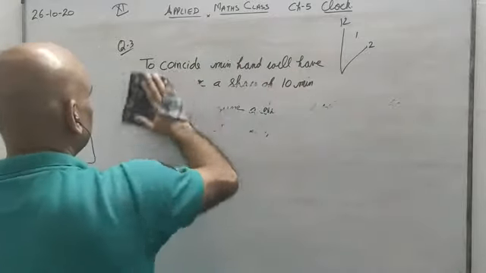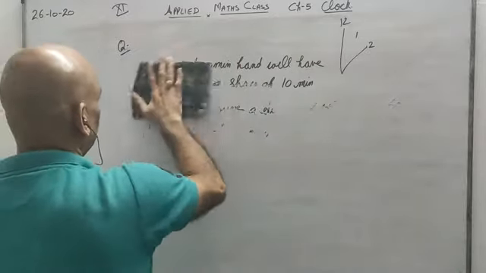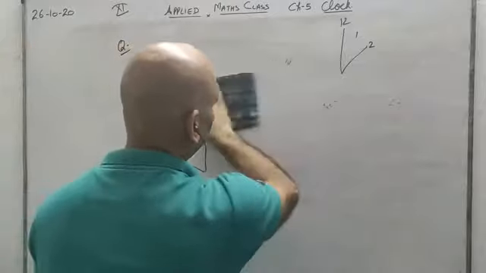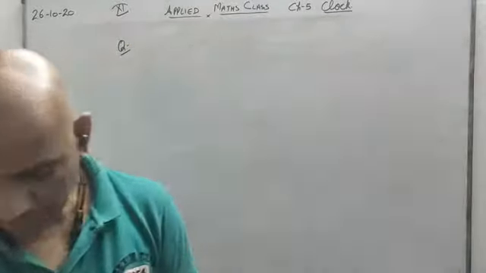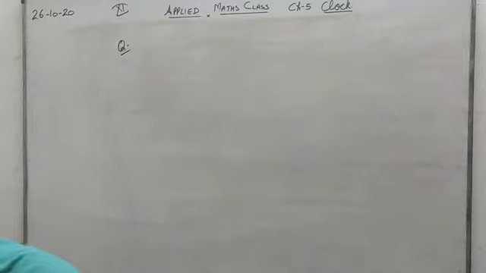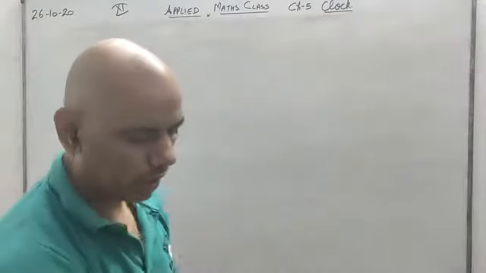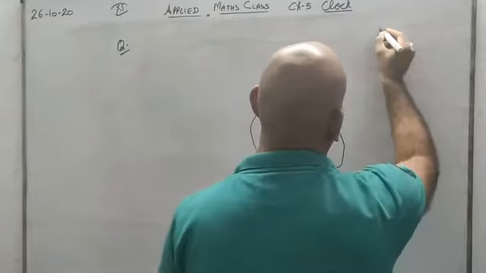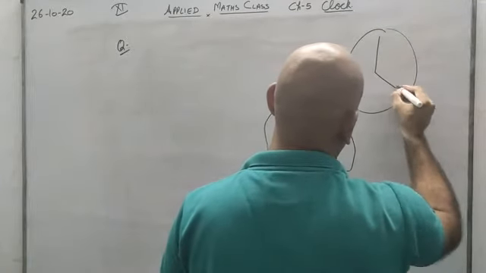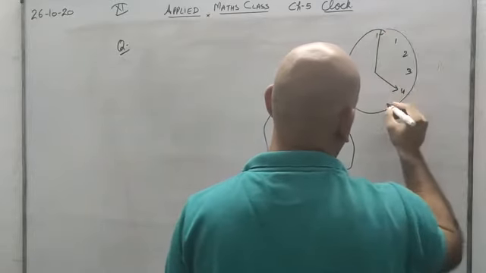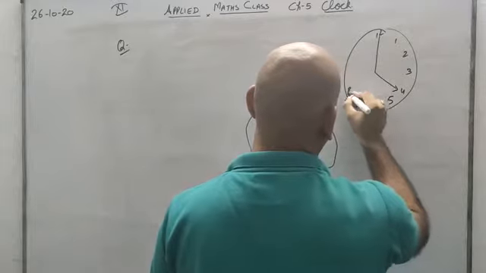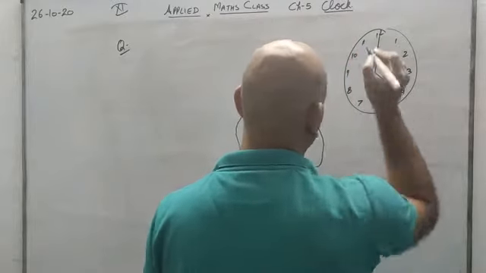4 is also something like this, but he is asking 2 cases. 2 times it will happen, between 2 and 3 it will happen only 1 time. And then he is asking in question number 4, at what time between 4 o'clock and 5 o'clock will the hands of a clock be at right angle? What is the condition? The condition is this. This is 4, 3, 2, 1, 12. Then 5, 6, 7, 8, 9, 10, 11.